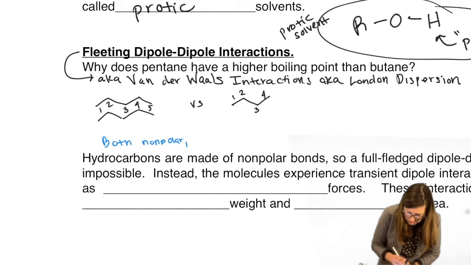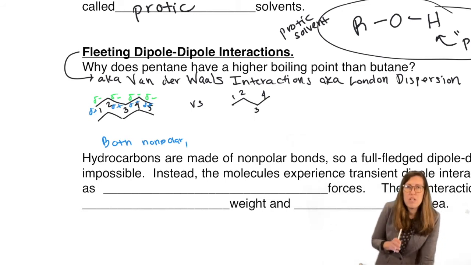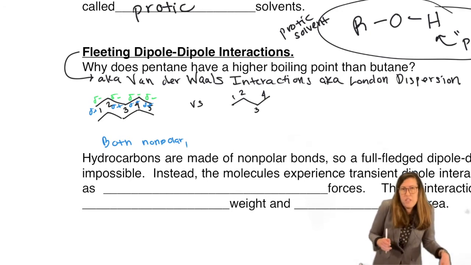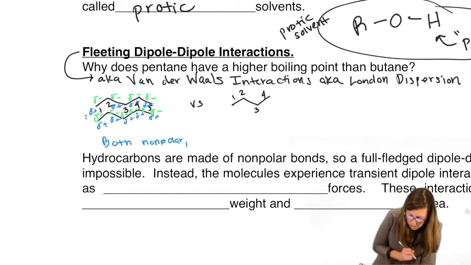You know what? I'm going to color code that because the numbers are making that hard to see. So I'm going to do delta minuses up here, and then I'll do some delta pluses underneath. So that pentane became temporarily polarized. It does not have a dipole. It's a nonpolar molecule. But with a neighboring one coming by, its electron cloud shifts so that you don't have any repulsive forces, and the delta minus on one side will interact with the electron poor side of the other one. So it shifts its electron distribution to have a favorable interaction. So those are favorable intermolecular forces right there.